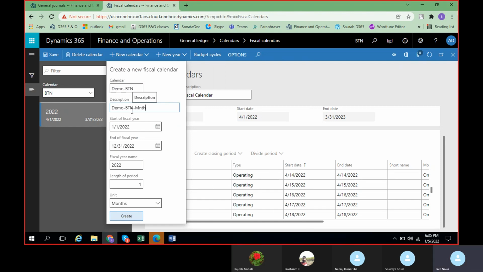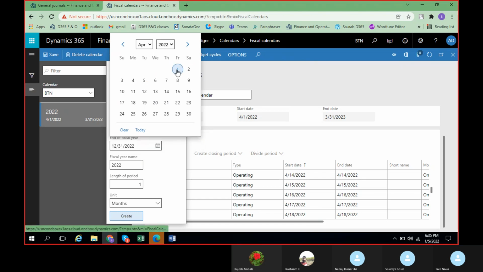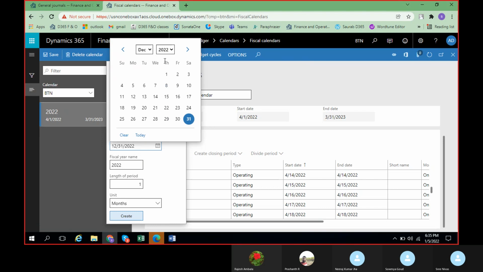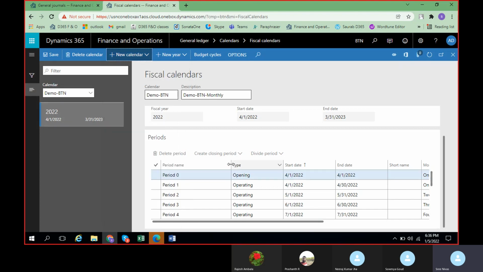This time we'll give it as a monthly calendar. So by default months got selected. Let us try to create monthly.